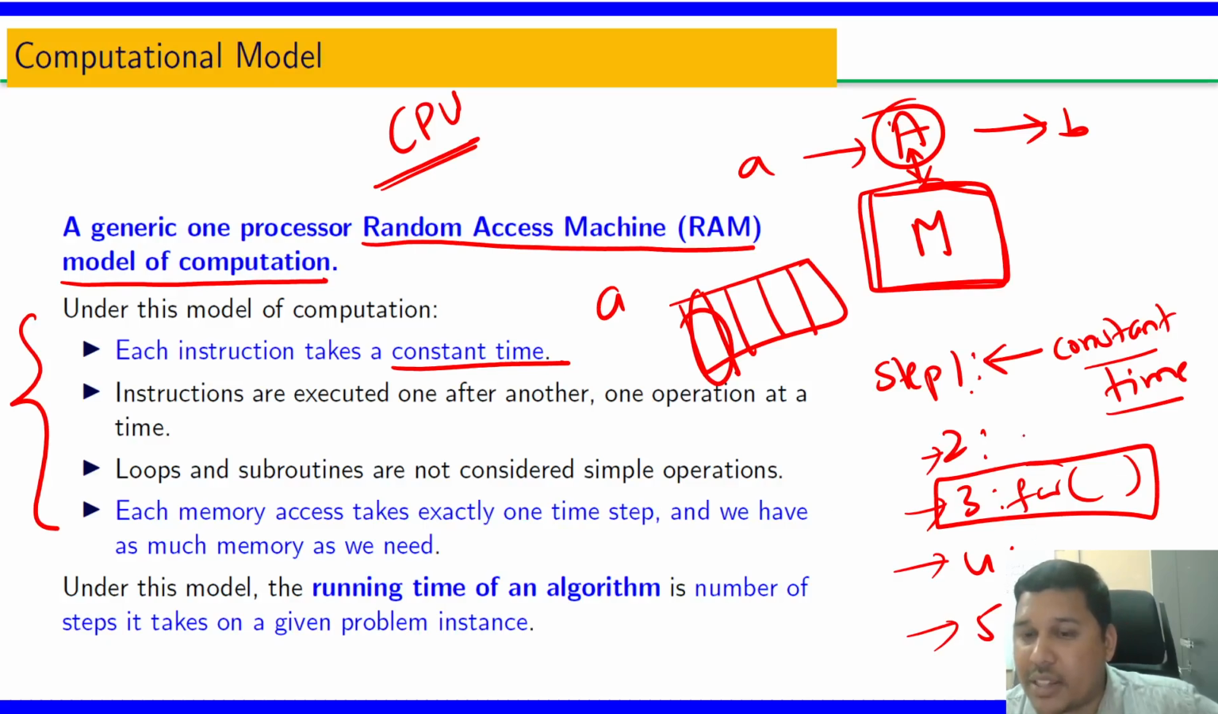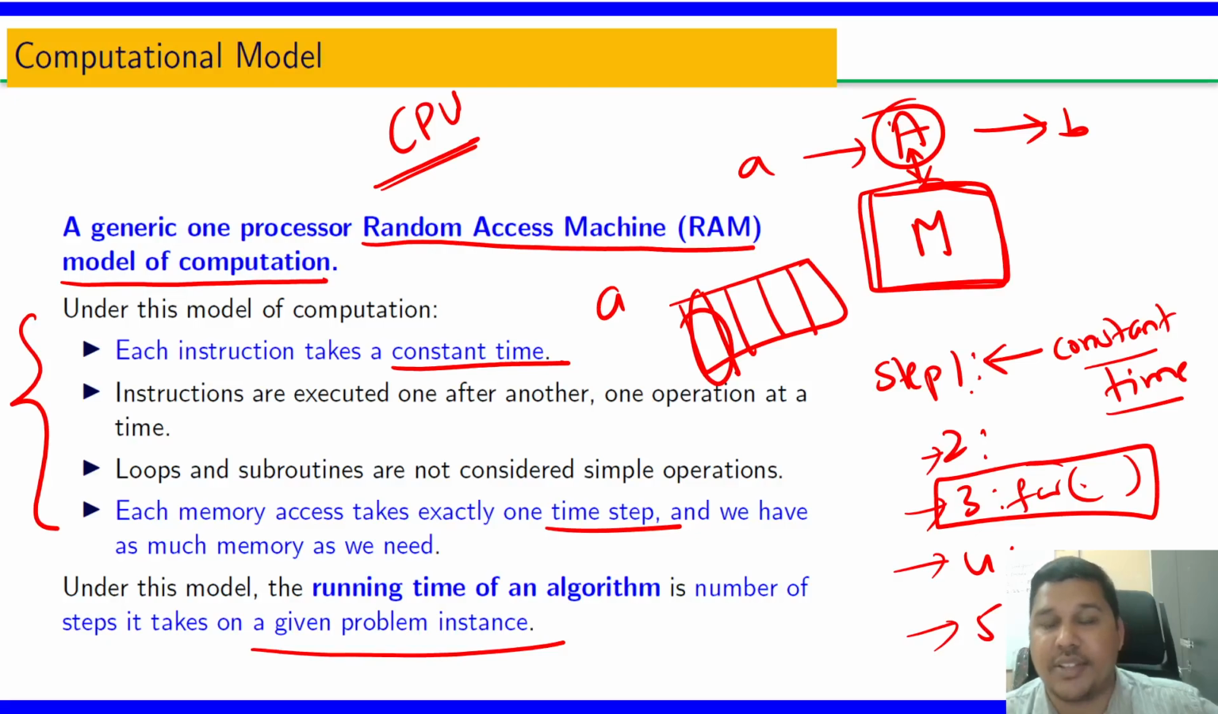So when I am accessing this array, going from the program to the array, it takes one time step. You can treat it as one step. Under this model, the running time of an algorithm is the number of steps it takes for a given problem instance. So in the RAM based computation model,